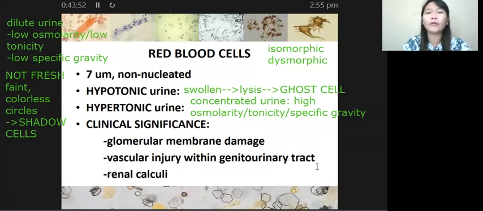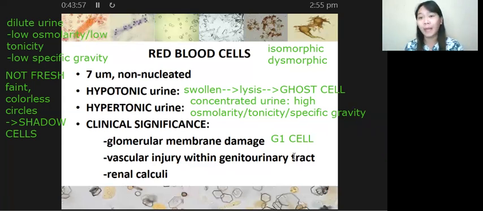Ma'am, paano ba nagkakaroon kasi ng dysmorphism? Or paano ba nagkakaroon ng protrusions or ng blebs? Remember, if your glomerulus is intact, if the filtration barrier is intact, that means hindi dapat present ang cells doon sa ating urine sample. Tama? Kailan nagkakaroon ng cells doon sa ating urine sample? Pag merong